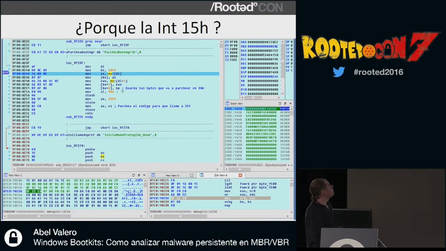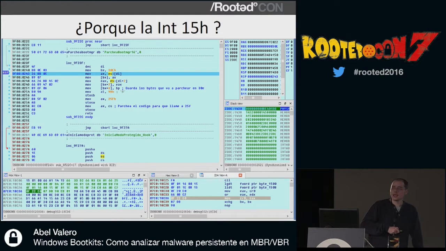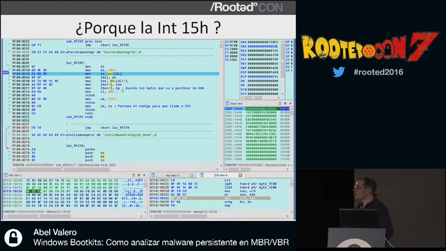If we take a look here, it will patch the area. It will include a hook for that instruction. You see that here. MOV CR0, EAX. It will go into protected mode. If we allow the system to go into protected mode, we lose control.